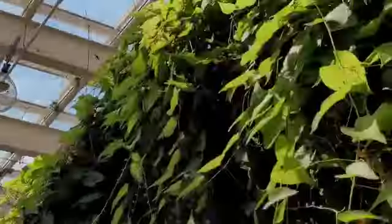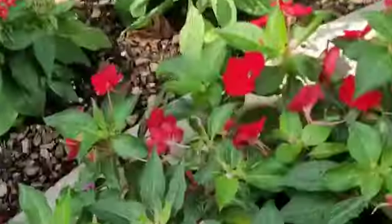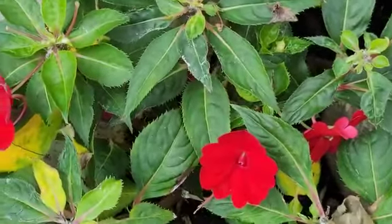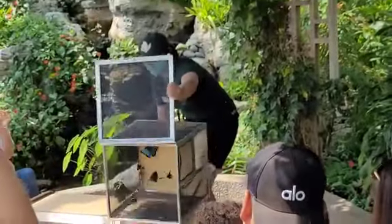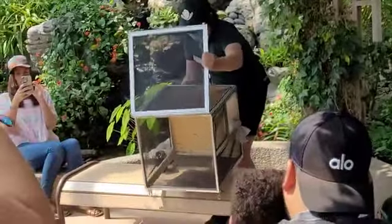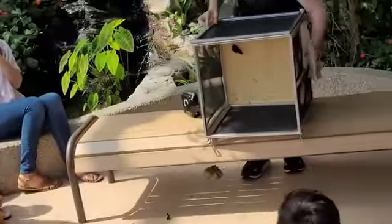And today you can see the different creepers here also. Impatiens, and now new butterflies are being released. These are blue mormon butterflies. They have just been reared, and now